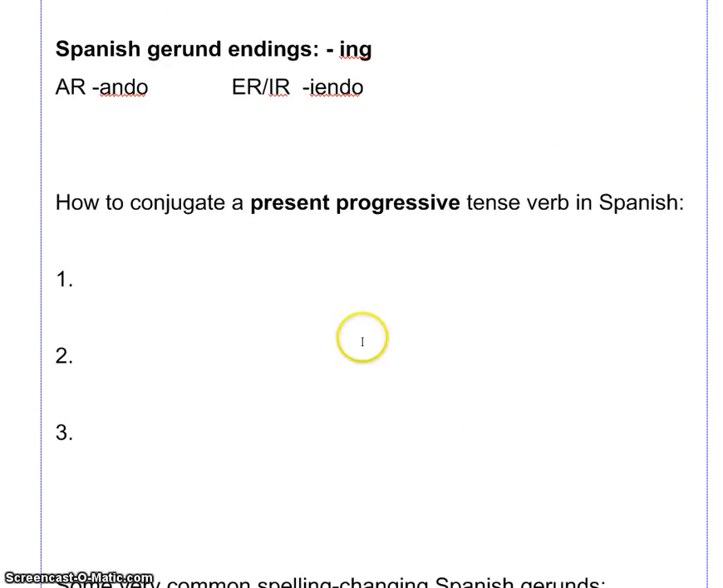So here it is. How do you actually conjugate the present progressive tense verb in Español? Let's use first an AR verb as an example. Hablar. To talk or to speak. Okay? So the first thing I'm going to do is I need to